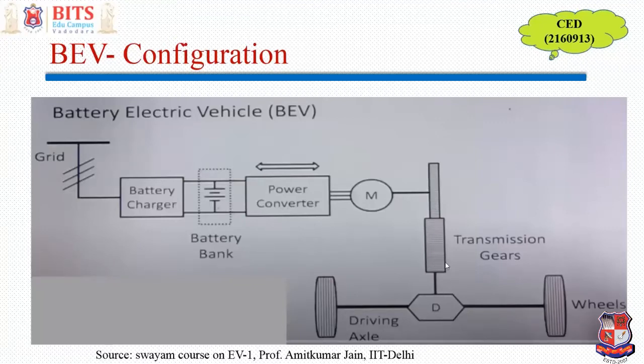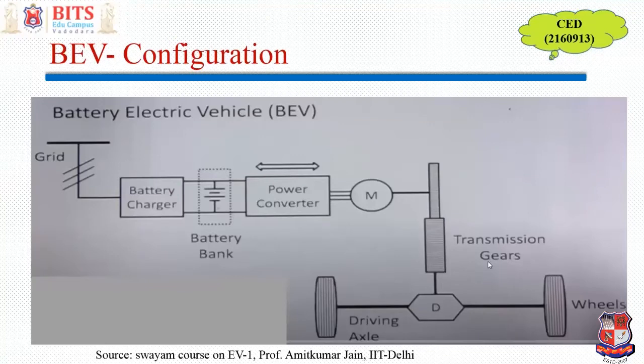This is the configuration. This is a differential. Differential, as you all know, is the device used when there is a turning of the wheels. Then one wheel needs to move more and the other needs to move less. The one on the further side, which is making a bigger arc, has to travel more, and the other one has to travel less. At that time, these two need to have different speeds, otherwise the car will skid.